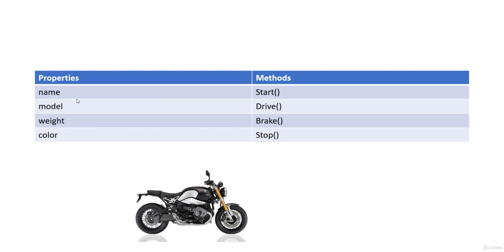You can also take the example of animals, let me say, parrots. A parrot will have a name. One parrot can have one name and another a different name, it can have a different color, and a different weight, and it will do the same methods. They can sleep, they can talk. These methods will be the same for different objects, but the property values will be different from object to object.